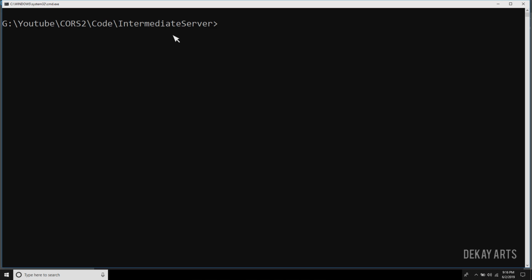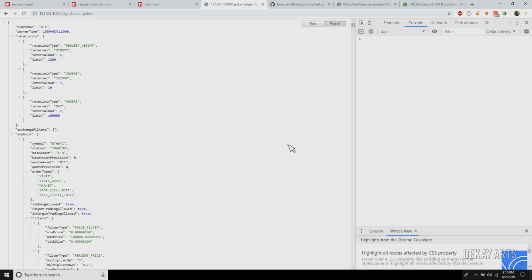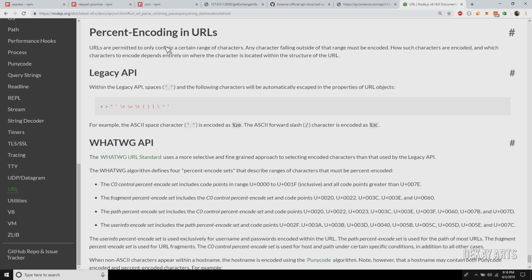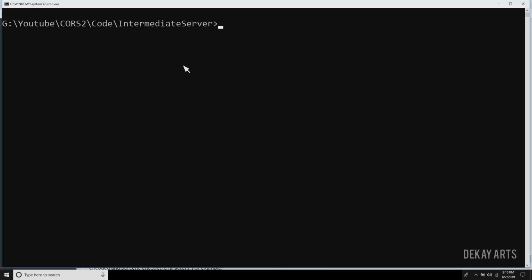Now we are going to create a node server in this folder, and it's just a bunch of commands that you have to install, and you have to write about 10 lines of code to create the server. It's really simple. So let's get started with how to create the server. First we'll say npm init -y.